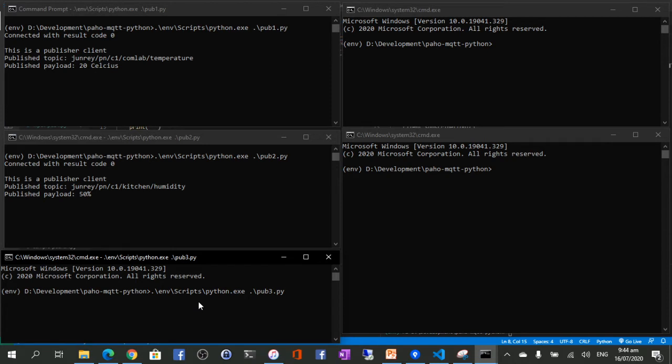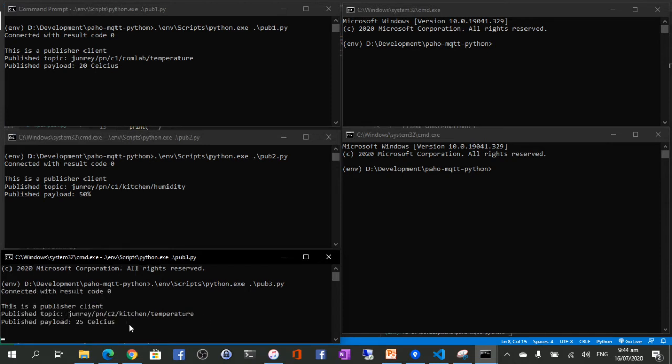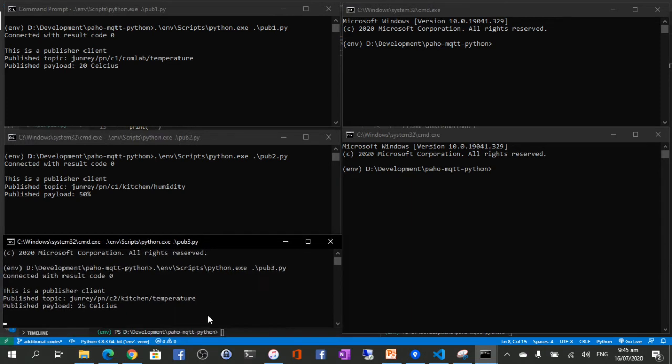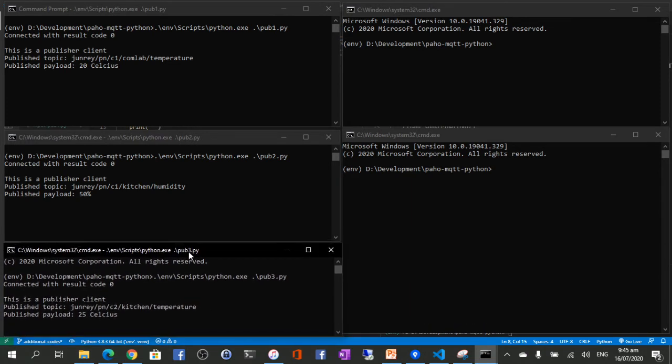Okay, so this is the pub3. So at least it will show us what topics they are publishing, and what payload is also included in this topic.